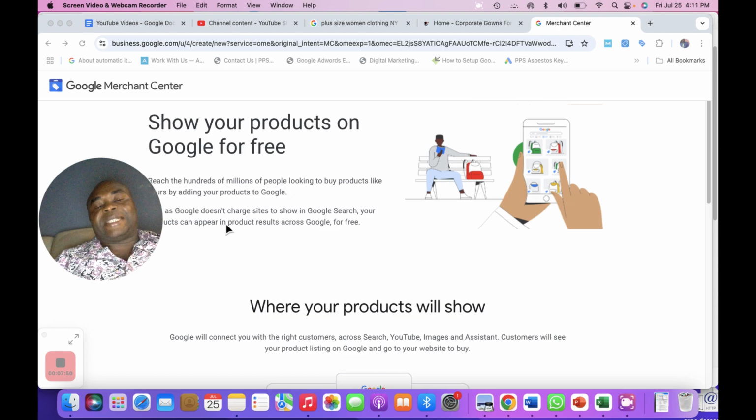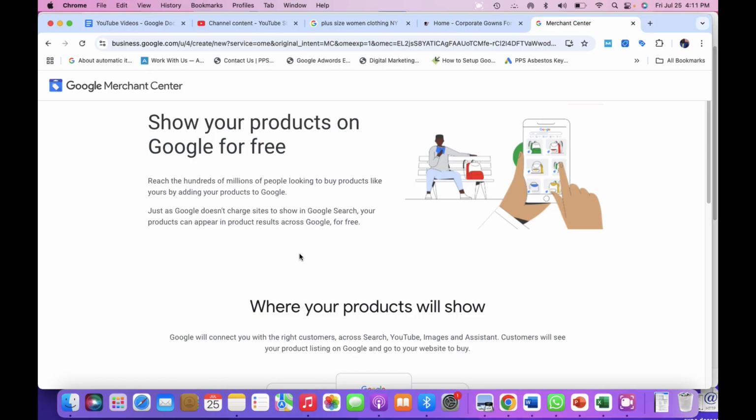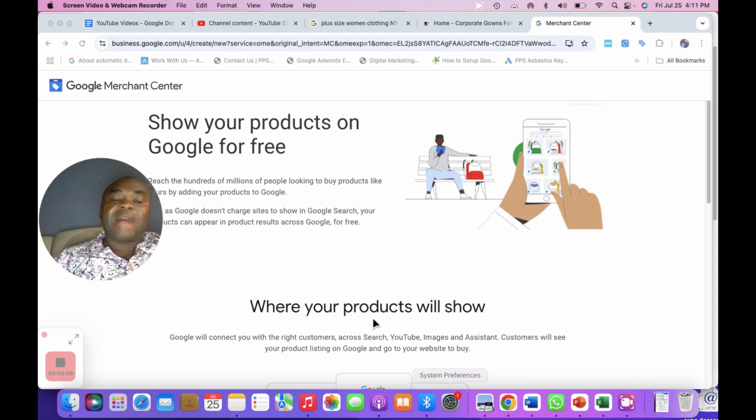So inside Merchant Center, we'll have what we call free listing, where you list this product, and when people are searching and they come across content or product that is similar to what you are selling, your ad will pop up. Now, apart from that, you have the opportunity to place a sponsored ad to optimize your ads in